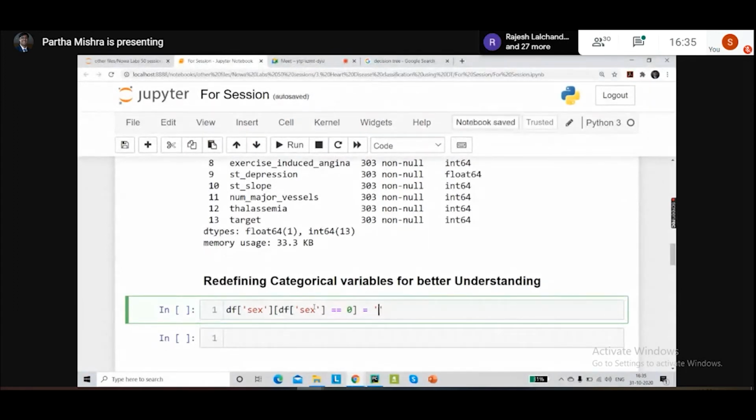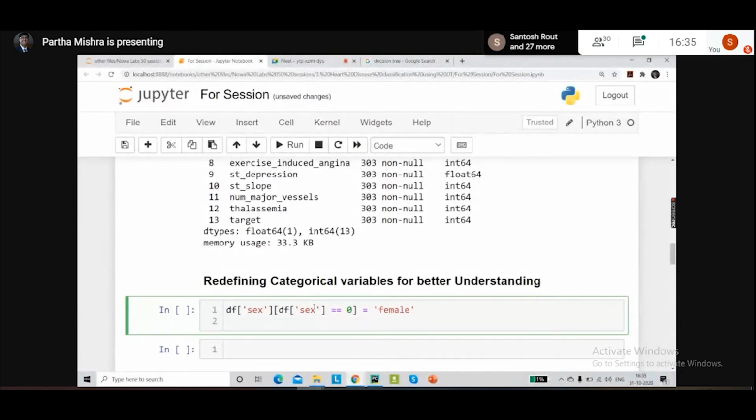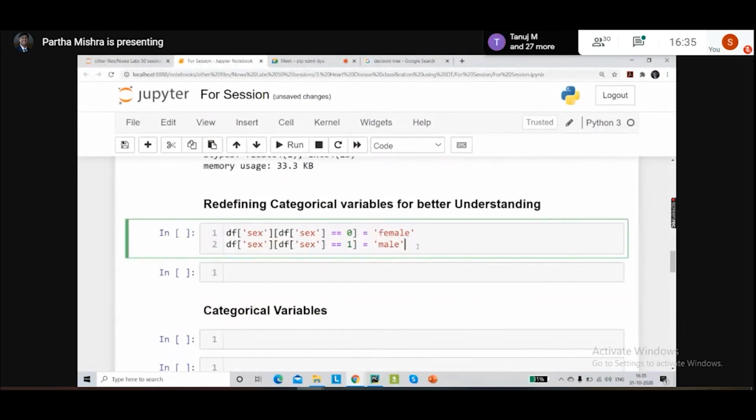So zero, that means out of male and female, it would be assigned to female. Okay. Similarly, let's copy it out so that we can save some time. So now whenever we have one, we have the value as male.